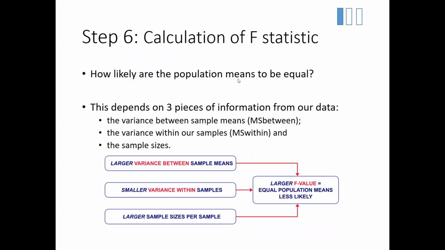So I did a little diagram for you. A larger variance between sample means may yield a larger F value. Okay? Smaller variance within samples will also help you get to a larger F value. So it's more similarity between the kids in school A. As long as they're very similar to each other, it's more likely that there's going to be a larger F value, a statistically significant difference between the groups. Okay? If